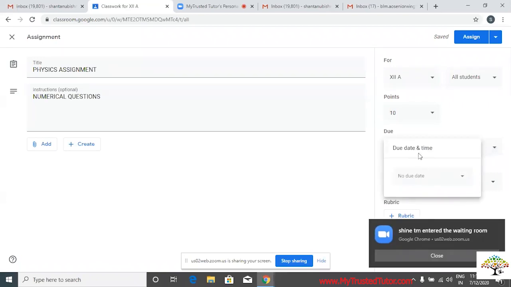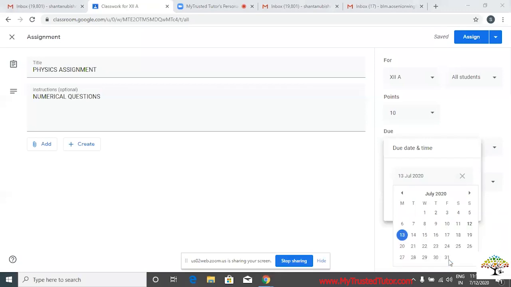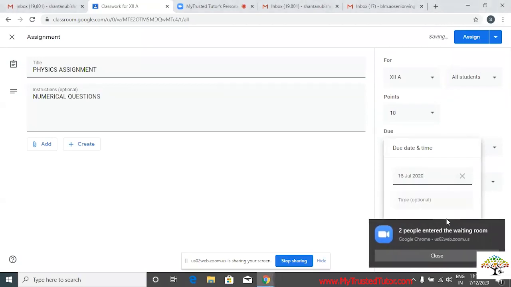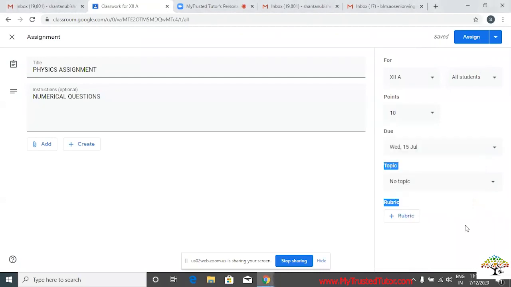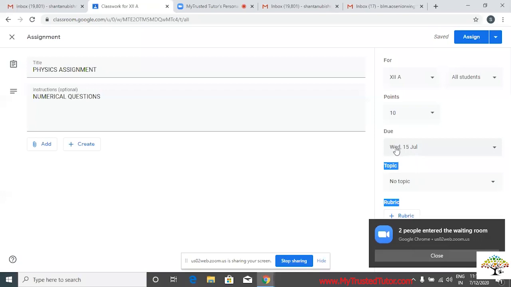For that, I need to click on due date, and click over here on a drop down option, and I can select any date. Suppose I give a date of 15th of July. The date is added. You can see 15th July is the deadline to submit this assignment.